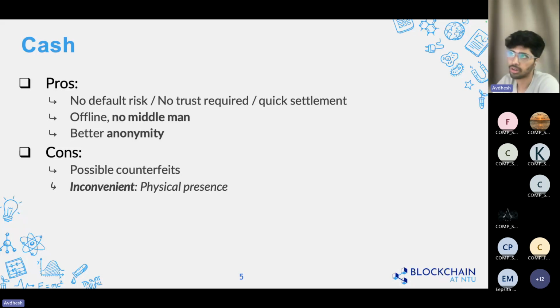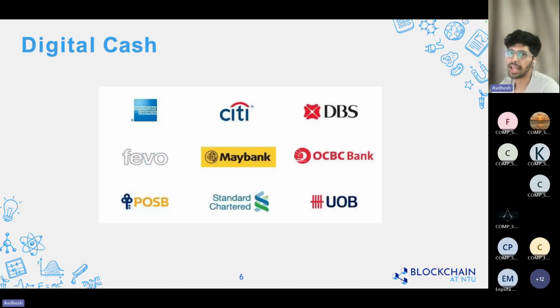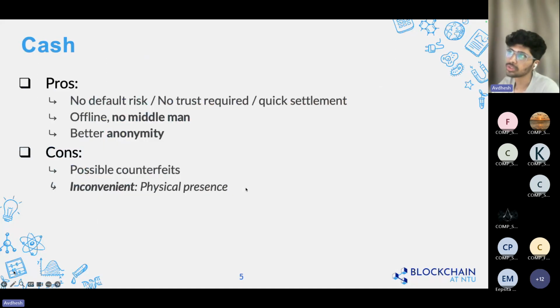So that is one of the cons. And the second con is it's kind of inconvenient. It is inconvenient to carry a huge load of cash to buy any large goods. So yeah, then the concept of digital cash comes in, and digital cash is basically like the pros of